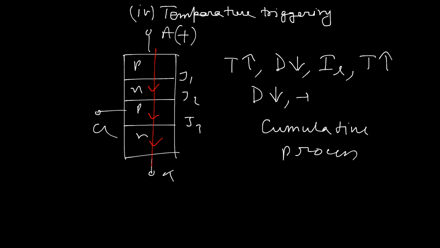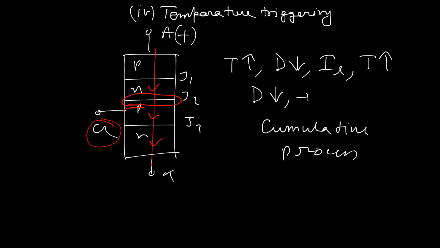It can happen internally and automatically due to the presence of high temperature across the junction or the resistive effect across the junction J2. The device starts conducting and remains in the on state without application of any gate signal. This is a very important thing, that is temperature triggering. But it can be controlled by using a proper cooling device, unless the temperature rises to a maximum amount, due to which the junction J2 can be permanently damaged. To prevent it, a proper heat sink should be incorporated for this purpose.